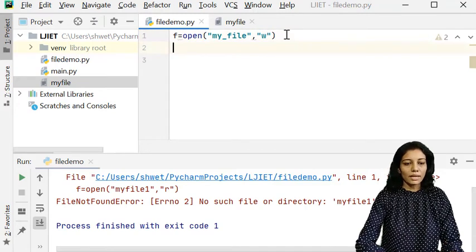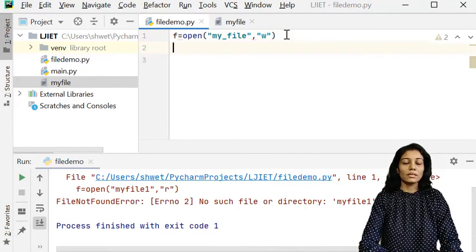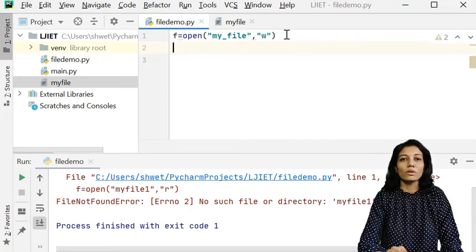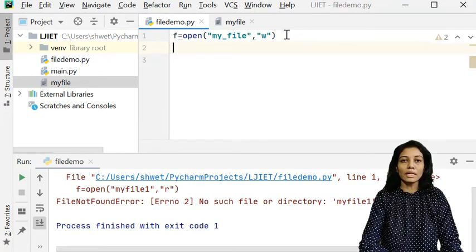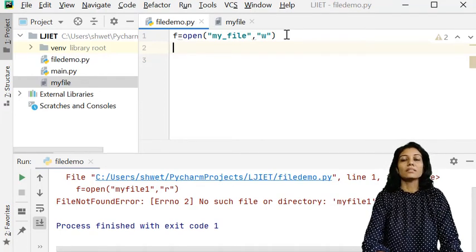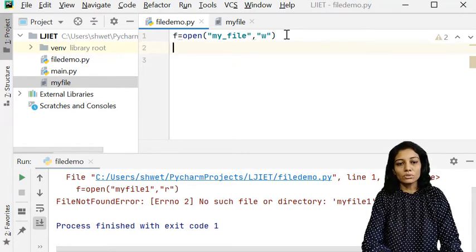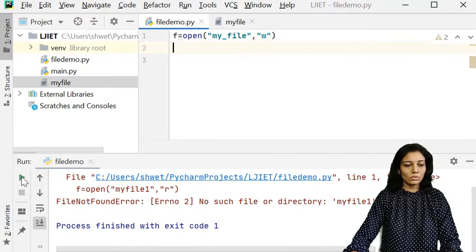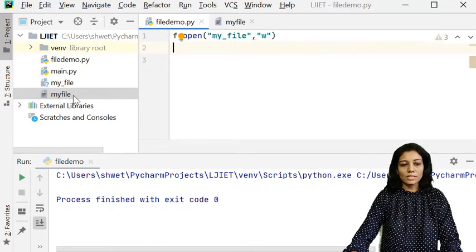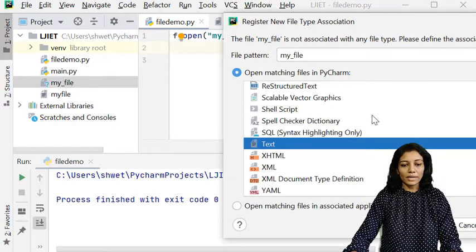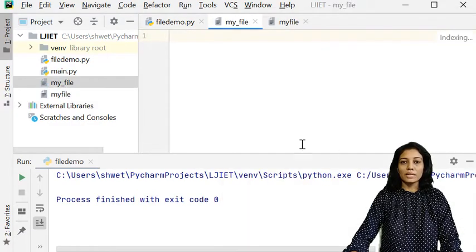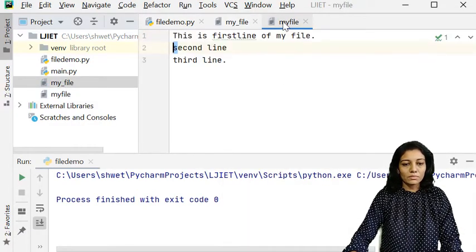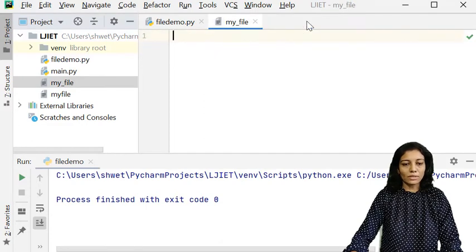Then, as we used the f.read function, here I'll be using the f.write function and the string that we want to write into the file. As soon as this line is written and I execute the code, you can see that my_file is created. I'm going to close this file for now.